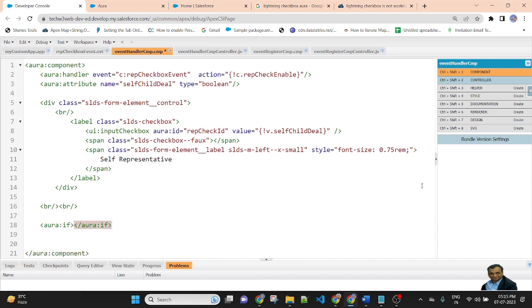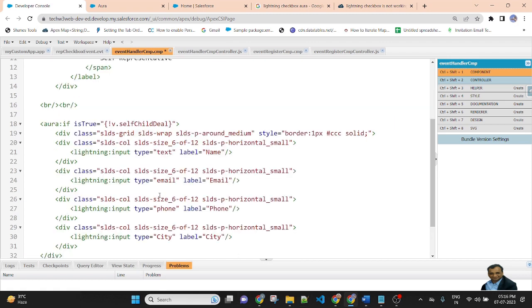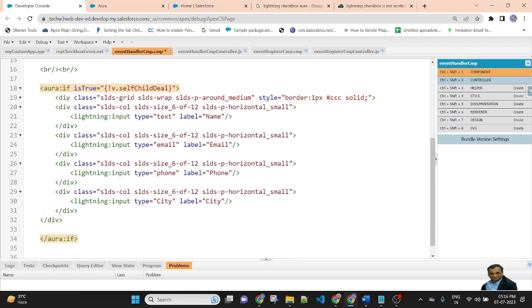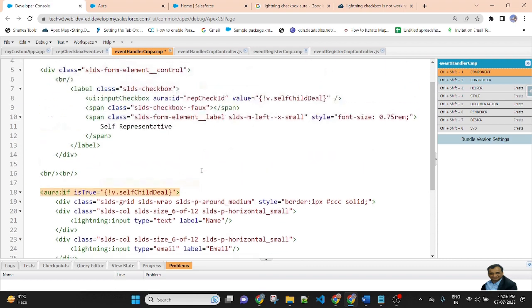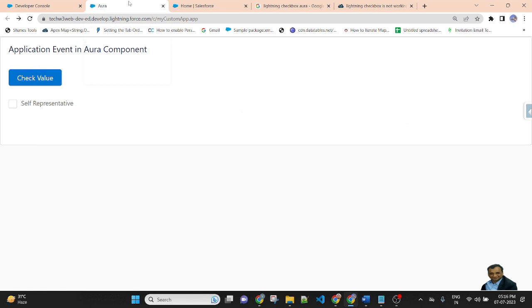So I will check a condition: if the checkbox is checked, then display a custom form. So inside, isTrue equal to true. So I created this form and save the file. Now refresh the page.